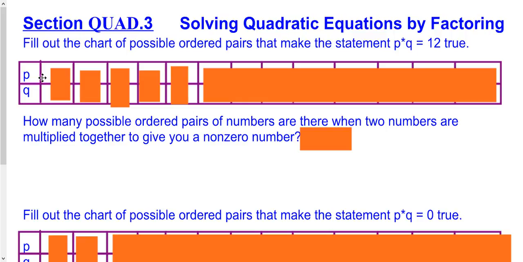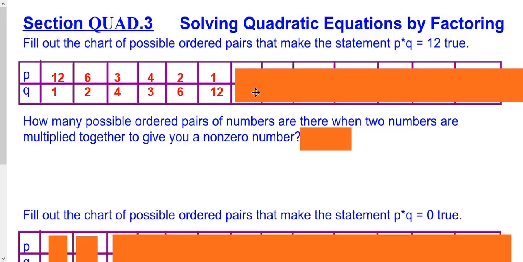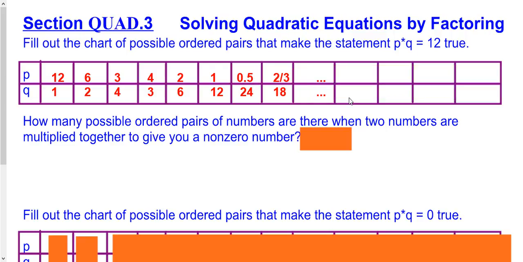Well, two numbers that multiply together to give you 12, it's possible that P could be 12 and Q could be 1. So that's one option. But that's not the only option. We could say P is 6 and Q is 2. Or we could say 3 and 4. Or we could say 4 and 3. Or we could say 2 and 6, and so on. We could even start getting into fractions, 1/2 and 24, 2/3 and 18, and so on. Really, there's infinitely many different possible options when you have two numbers multiplied together to give you another number,